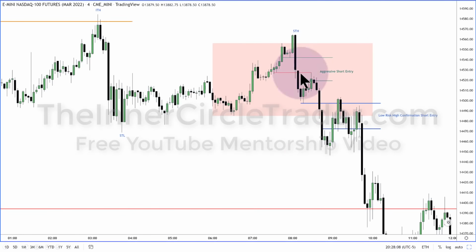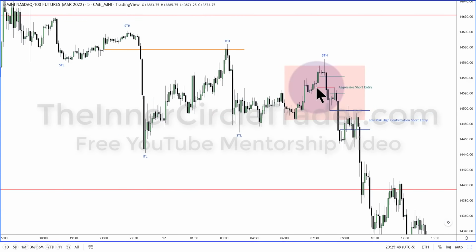What does that mean? We have an imbalance here. The market trades up into the bullish candles that are on the 5-minute chart. We're on a 4-minute chart. That's that red level here. Let me go back up to say, you know, that's this one here. This is a down close candle right there.